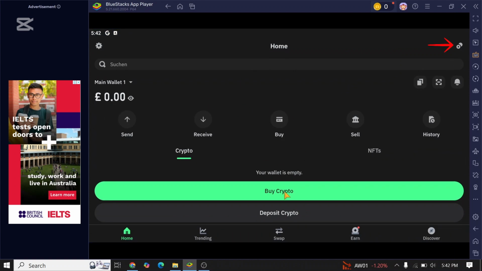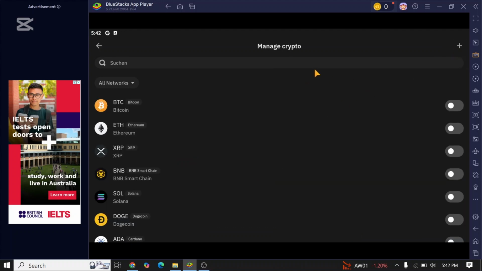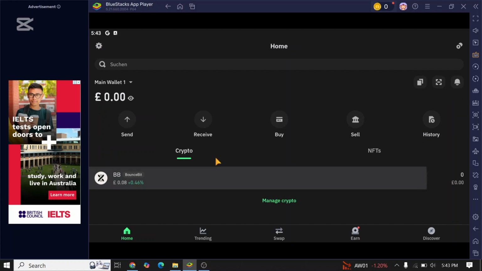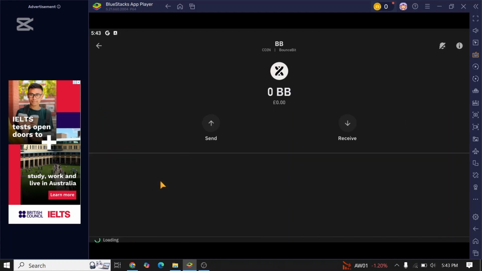Once you open the Trust Wallet app, now look at the top right corner of your screen where you can see this icon over here. Click on it. Once you tap on it, now tap on search bar and search for BounceBit. Now toggle this option over here. Once you toggle it, now go back to your Trust Wallet homepage, scroll down, again click on BounceBit and tap